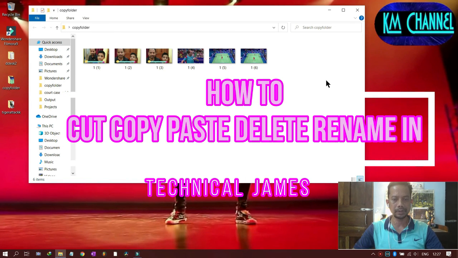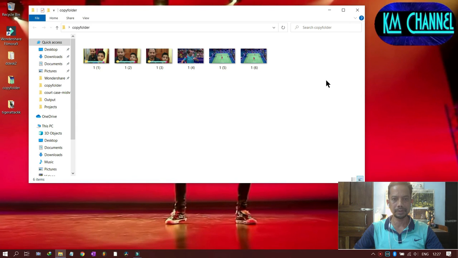Today we'll learn a few basic commands of Windows which beginners should know, and today we'll just cover cut, copy, paste, how to move a file, how to create a file, how to delete a file, and how to permanently delete a file bypassing the recycle bin, how to create a new folder, and how to rename multiple files in one go. So these are the few things we'll cover today,